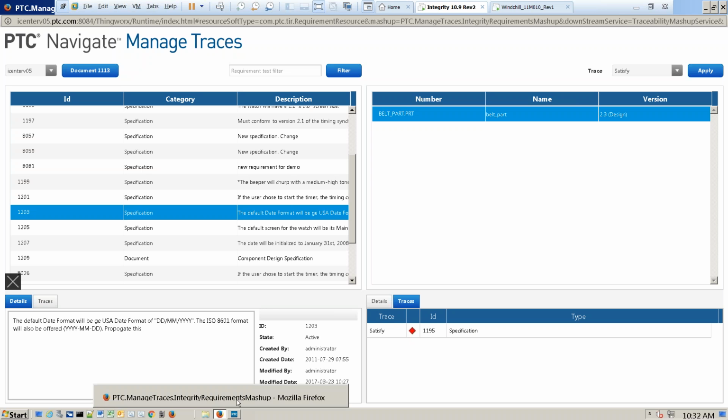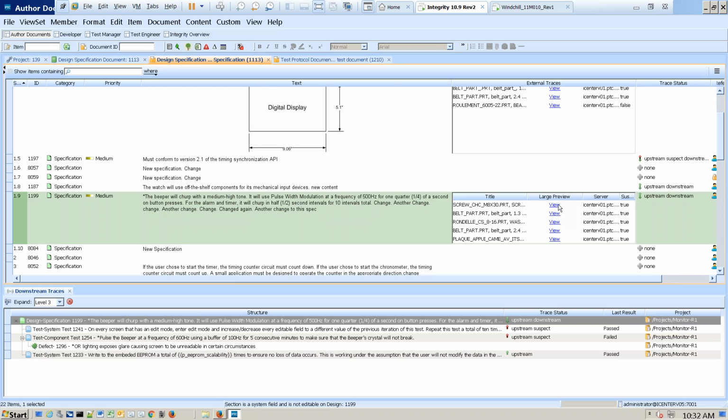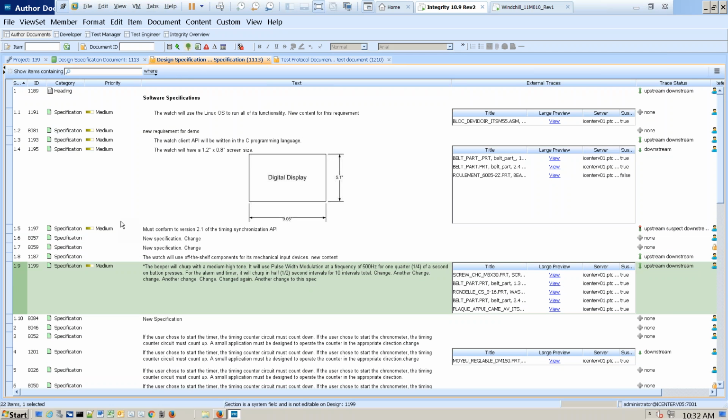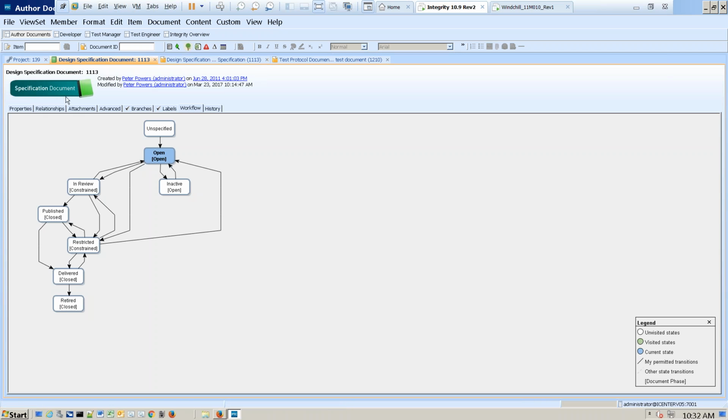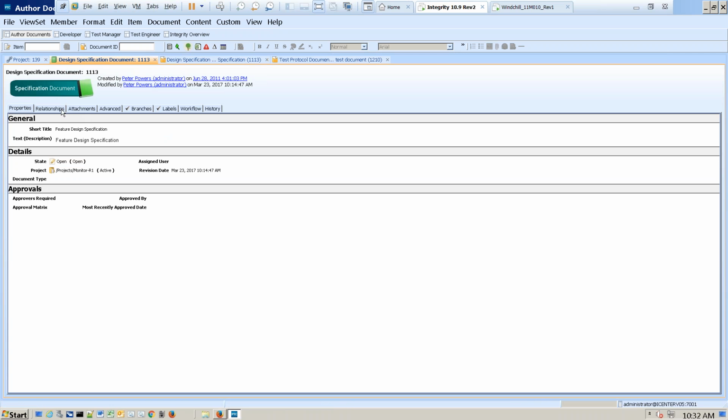All right, so let me just come back to Integrity. And you can navigate directly from here to the Windchill parts as well. So you can see there's a little view option there. So this is the document view for my specification document. Every item in Integrity has also just a straight item view. So if I look at this design spec in an item view, I can see it's got different properties, relationships